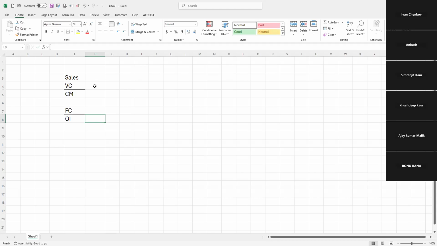So again, for dropping a division, segment, or product, the decision criteria is this. Imagine if my sales price is $100, my variable cost is $20, obviously my contribution margin will be $80. If my fixed costs are $60,